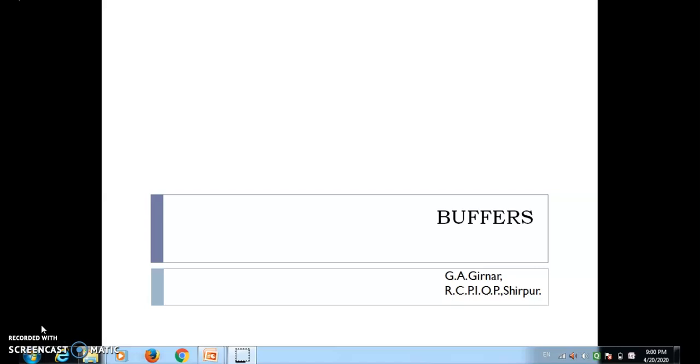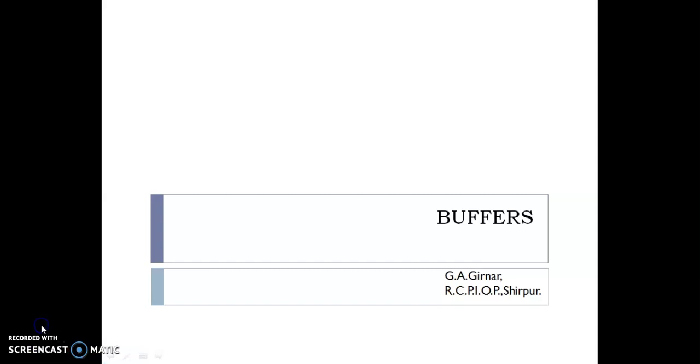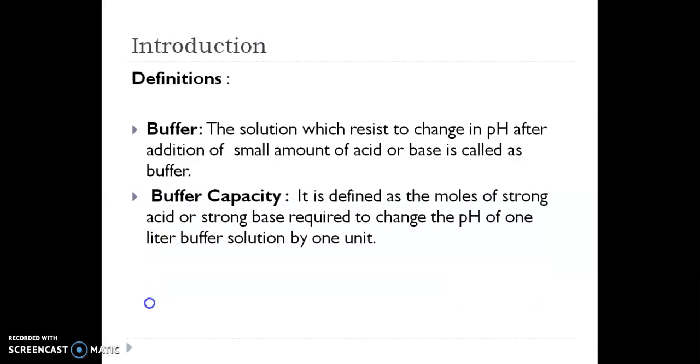Today we are going to discuss the chapter buffers. First of all, we will see the definition of buffer, then the different types of buffers, and after that the very important thing in this chapter, the mechanism of buffer action. In that, first, as an introductory point, the definition of buffer: